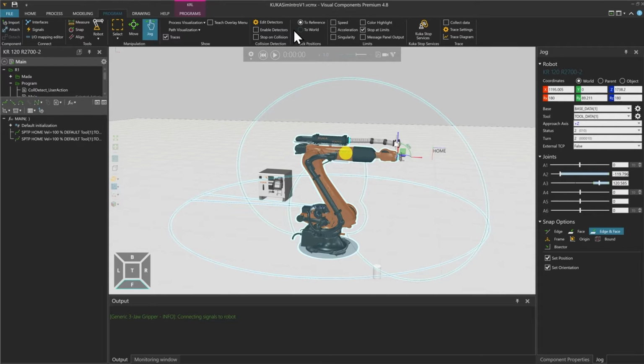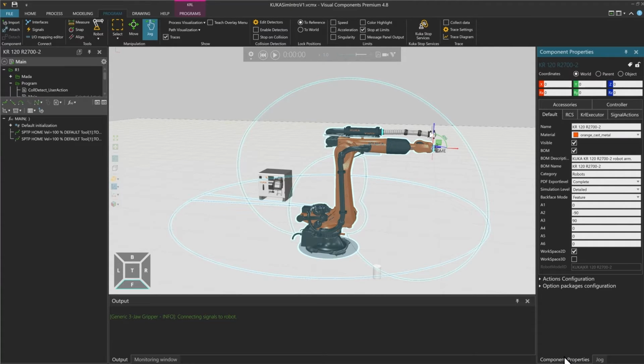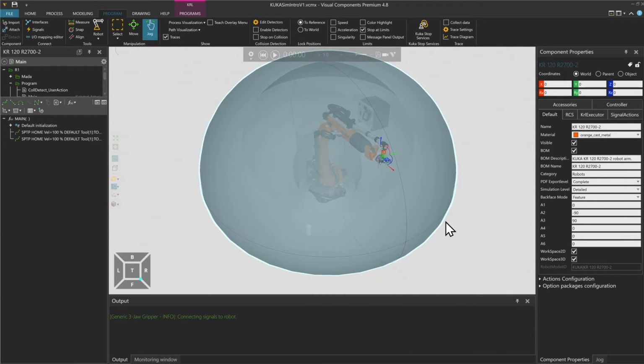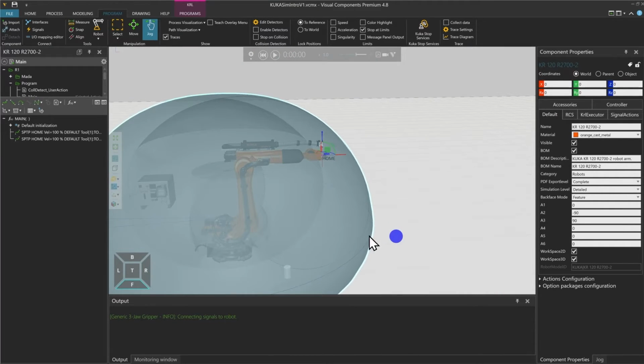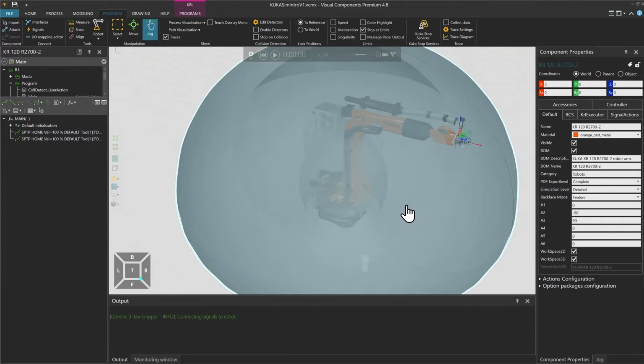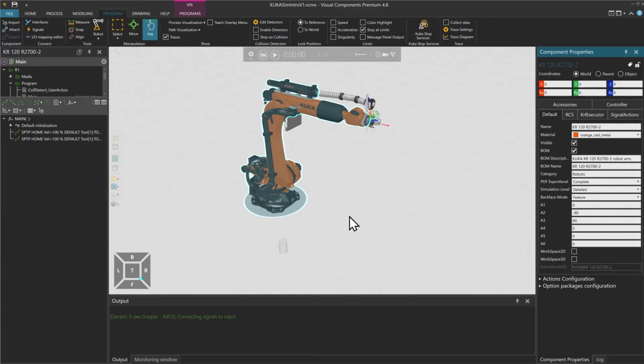And you will see that it will actually always be in the wrist of the robot, following the limits of the axis. I'm going to reset the simulation. And I want to show you one more thing. It's in the component properties again of the robot. You can also select workspace 3D, where it will show you a 3D bubble of the reach of the robot. So you can see if your robot is going to reach some applications in the 3D world. I'm just going to deselect this again because it will confuse us otherwise.